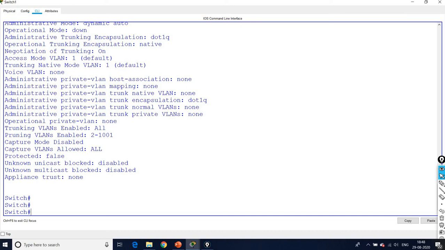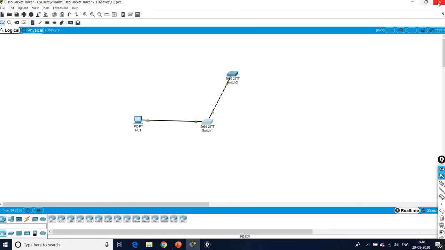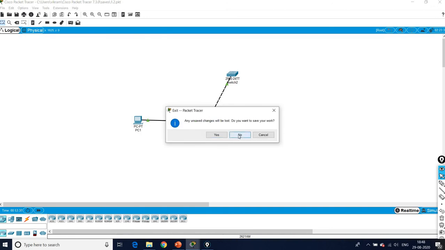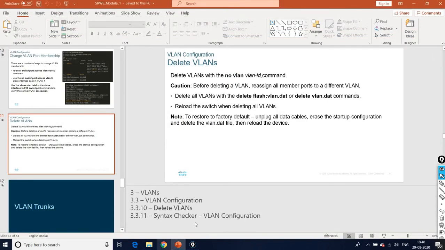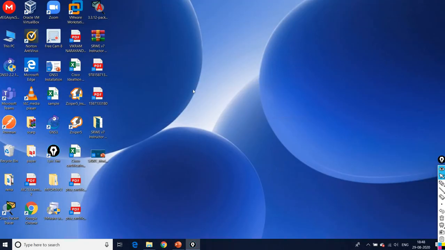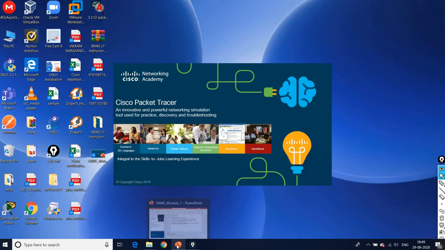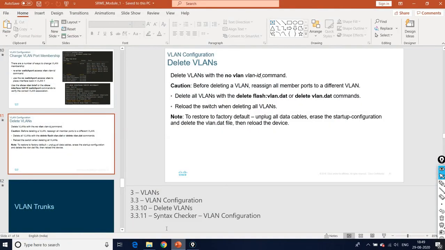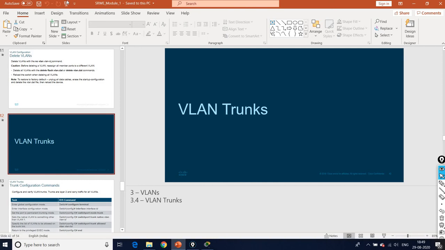Now we'll go for trunking. Again, we have one example for that. VLAN trunks.